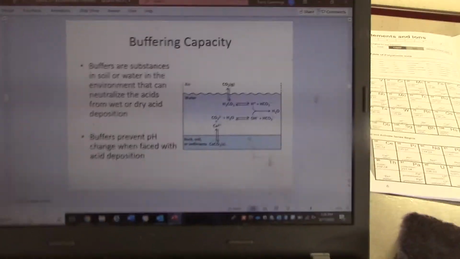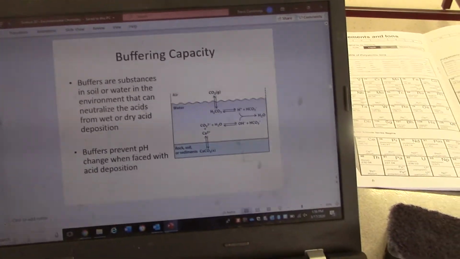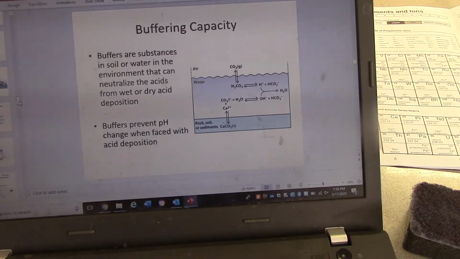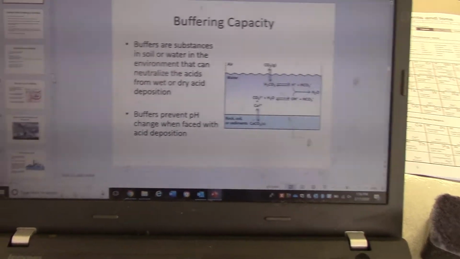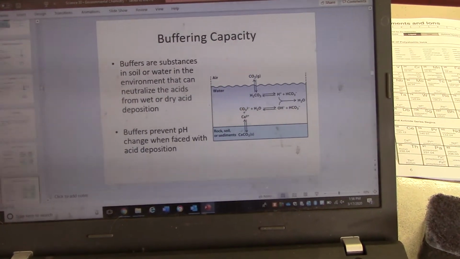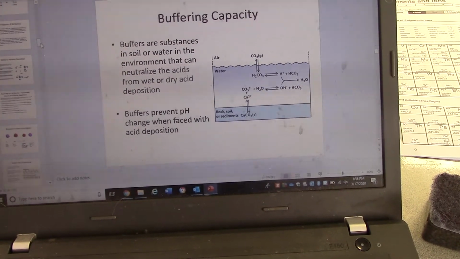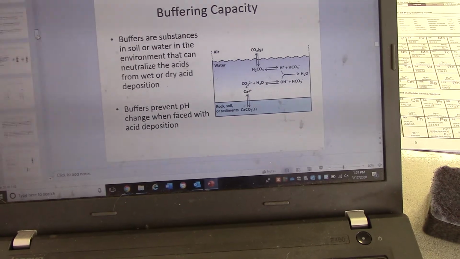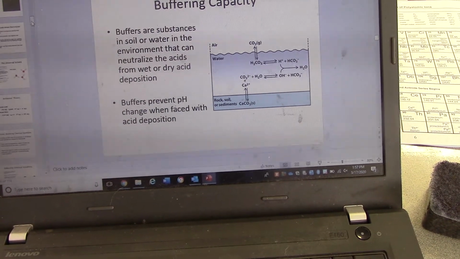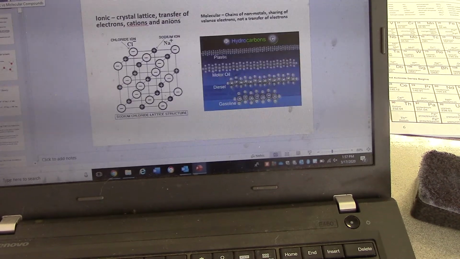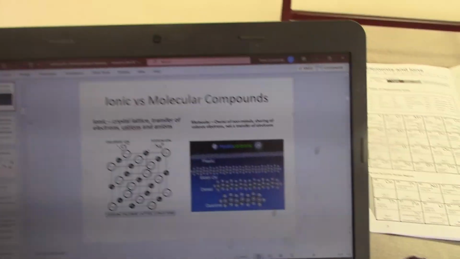Those are the main things that you need to know for your assignment. Okay, I'm just going to give you some examples of acid-base equations. But before we do that, let's look at